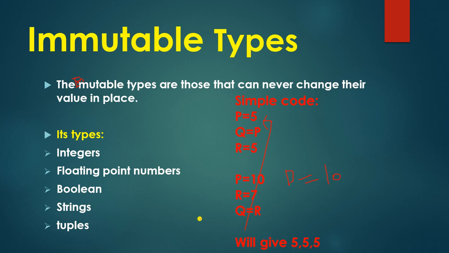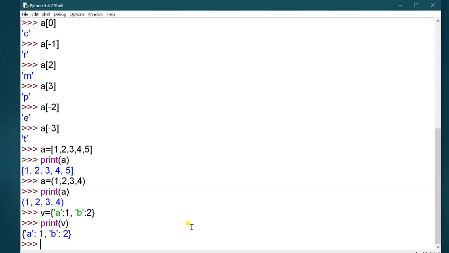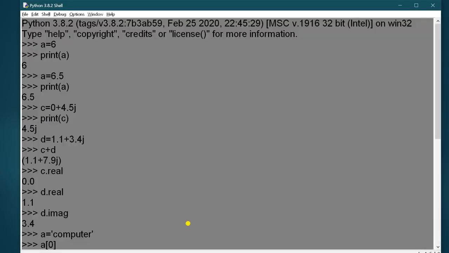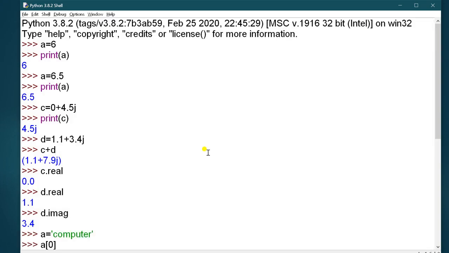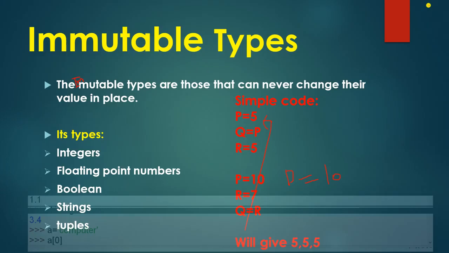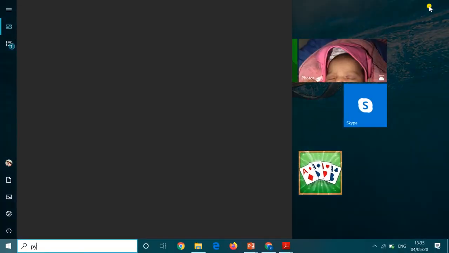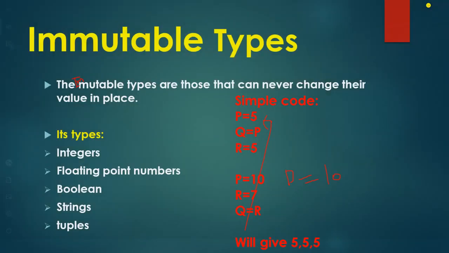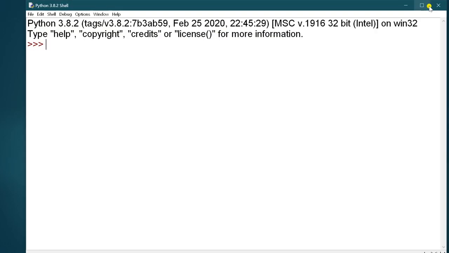I am just showing you the result in Python IDLE. I will close it and run it again. Here the value of P is 5, then Q is P, then R is 5.